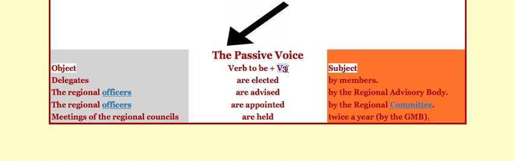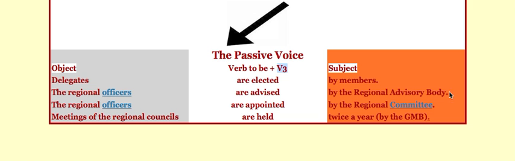All verbs have 3 forms. The first form is the infinitive without to. So for example, elect. Then the past tense, in this case, elected. And then the third form, which is called the past participle, in this case is also elected. If the verb is irregular, then the third form changes. So for example, eat, ate, eaten. Sing, sang, sung. In the course we have a list of these irregular verbs which you can look at later. But therefore we need, in the past, to form the passive voice, the verb to be plus the third form